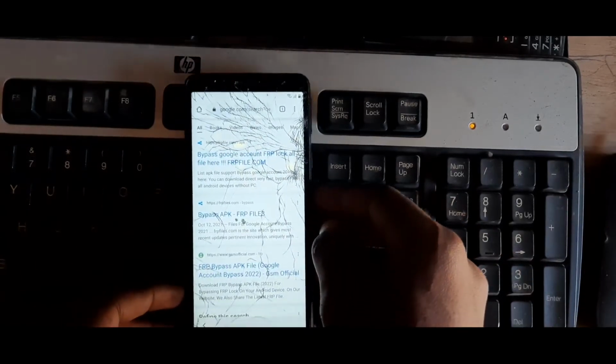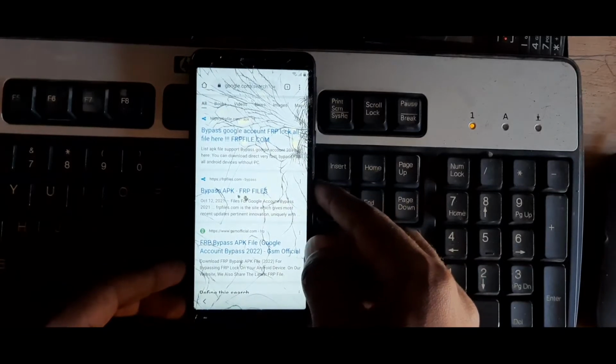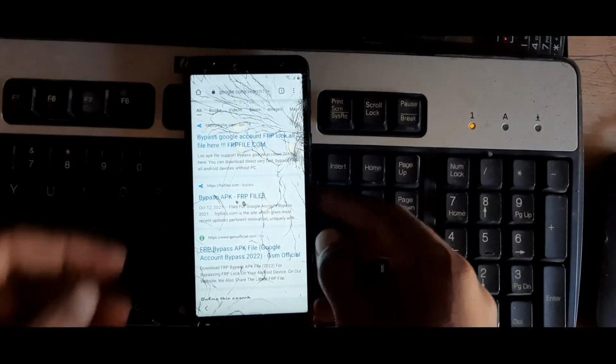So write FRP file, then bypass at the top of the first, click on it,